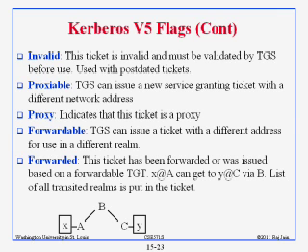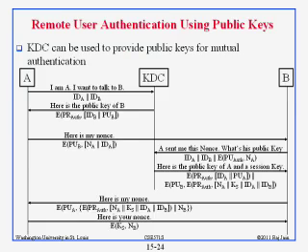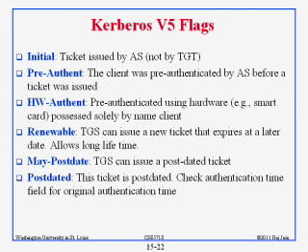All the transient realms in the path are put into the ticket. That way you can check whether you want to accept that ticket or not. For example, just to name a country, suppose you get a ticket which came through some Russian validation. Now you are the Defense Department in the United States, you may not want to trust it, right? So the whole path of where the ticket has been authenticated is put before you trust the chain. So anyway, let's see if there are any more flags. No, that's it. So these are all the new flags,